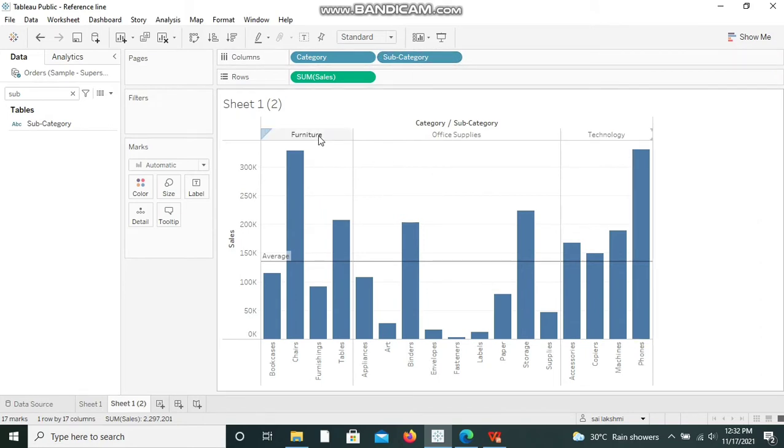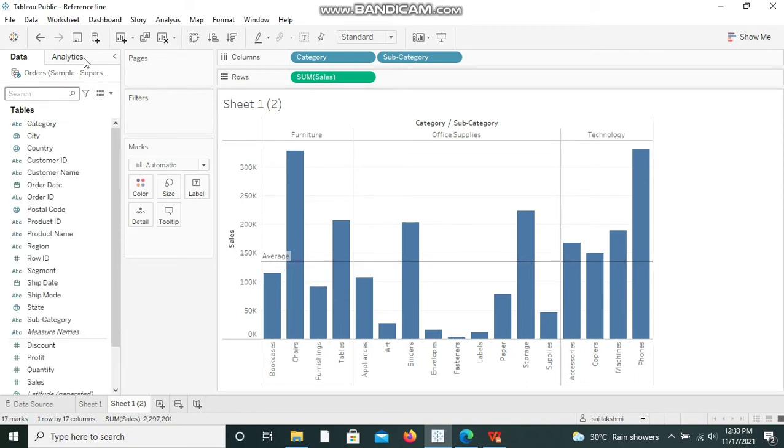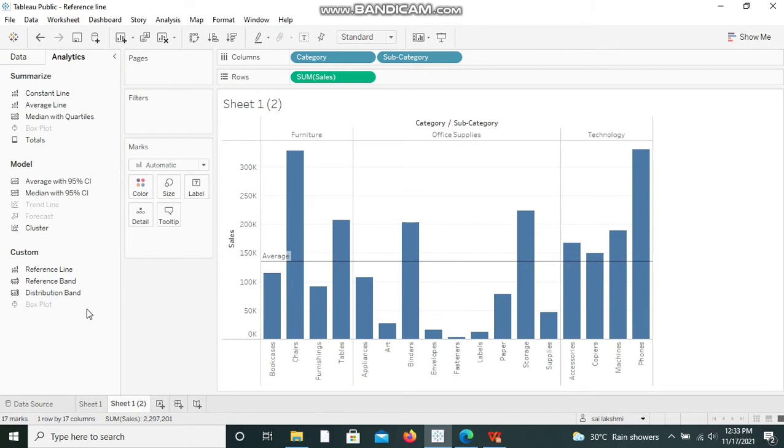For each and every category, since it is taken per table, based on the entire table, the scope is the same. The average value is the same for all of them. Now what I am going to do is click on the analytics pane and click on reference line.